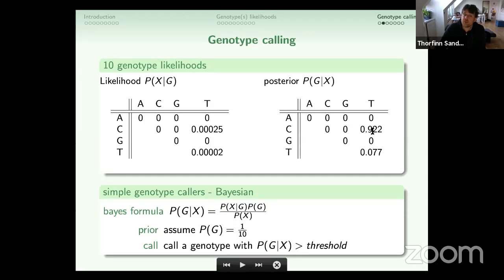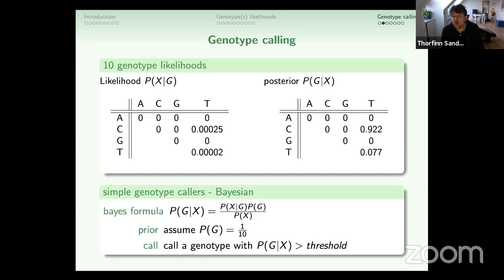for this specific position. And again, you wouldn't just call the genotype and say it's a CT. You would actually look at the posterior probability and only call the genotype if it exceeds a certain probability. A normal cutoff would be to say that you should be able to do it with a 95% posterior probability. So these are two different ways of doing a single sample